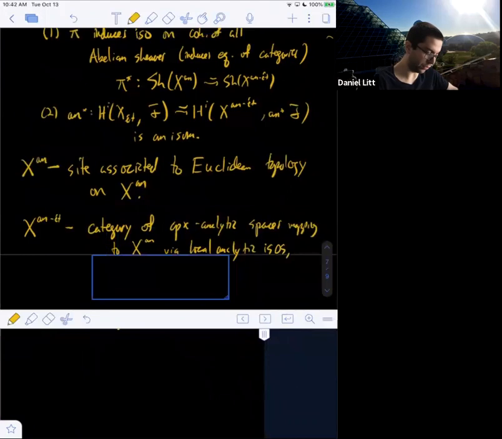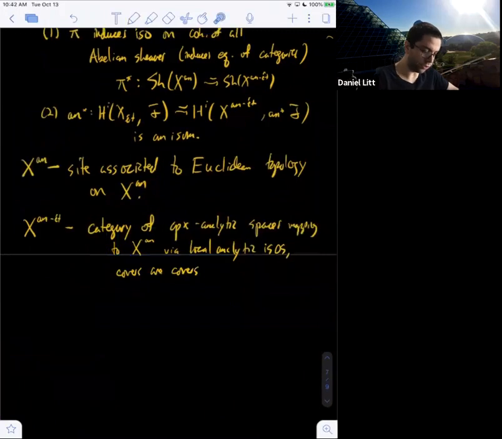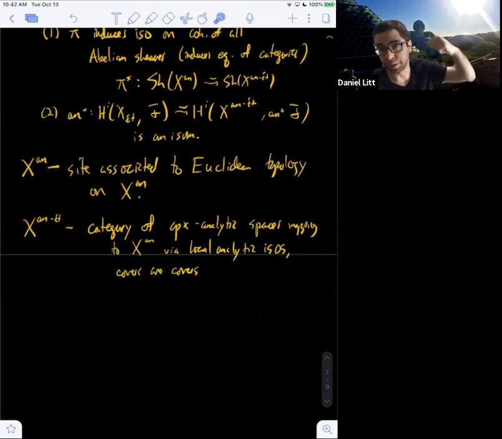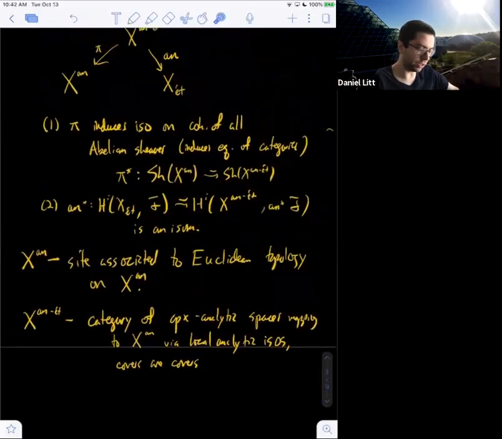And then covers are covers. Okay, so what is something that's in the analytic étale site but not in Xn? For example, a covering space of X is a local analytic isomorphism, but it's not literally an open set in X. All right, are there any questions about the definitions of these sites?